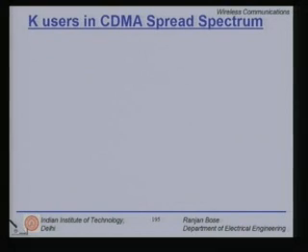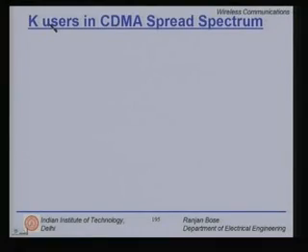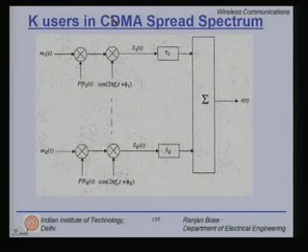Now spread spectrum techniques have become very popular for the code division multiple access technique, where multiple users can be supported by giving them different orthogonal or pseudo orthogonal codes. Let us consider the case when we have K users in the system and how they can use CDMA, which is the direct sequence spread spectrum technique. So here I have message 1 emanating from user 1.